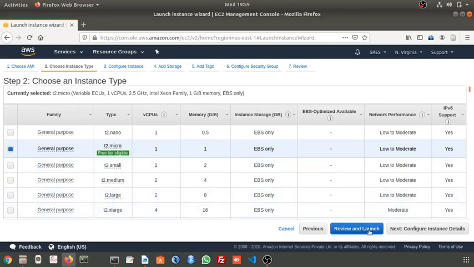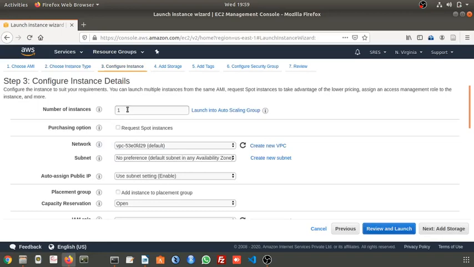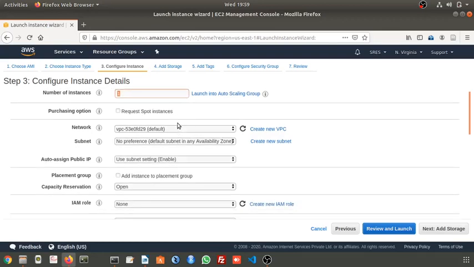Then after this you have to do some configuration of instance details. Go to the next stage. How many instances of the same type do you want to launch? Here you can choose 1, 10, 15, whatever it is. Next, we will discuss the network, subnet, auto assign public IP and all in a coming session. This VPC is a very lengthy process, a lengthy topic in fact.